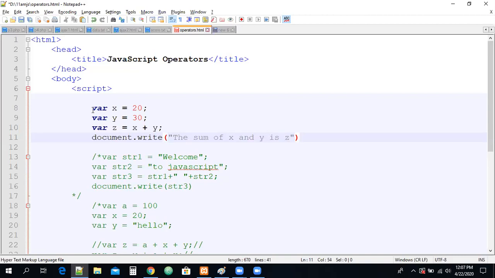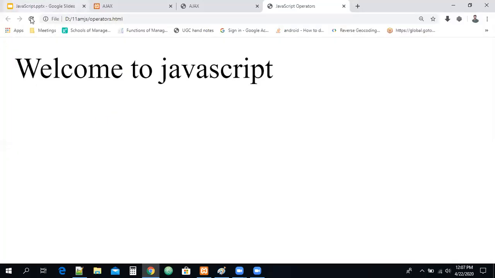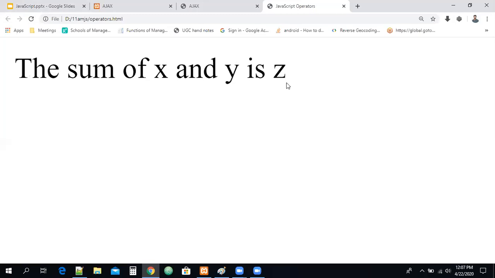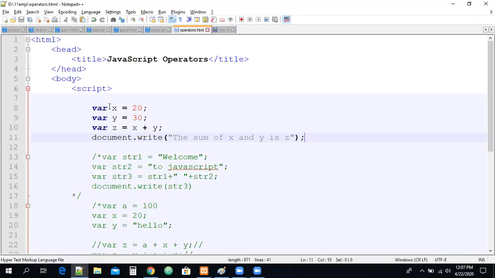Can you see what my output is here? If I write like this, can I get the output, the sum of 20 and 30 is 50? This is what I'm expecting on the screen. If we write the sum of x and y is z, this is not what I am expecting. In place of x, I want to get 20, and this is 30, and this should be 50. X, y and z are variables, but how can we keep the variables in a string? Guys, remember carefully, the sum of is a string, and x is a variable, so we have to concatenate.